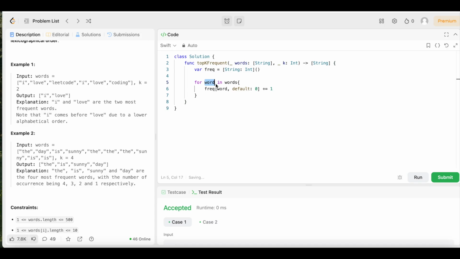So for word in words, each time we see that word, we're going to count that word over here, and we're going to start the count from 0. Each time we see it, we're going to add 1 to the count. Boom. Now we need to sort the words by descending frequency and ascending alphabetical order if the frequency is the same. So to do that, we are going to come right here outside of this for loop,